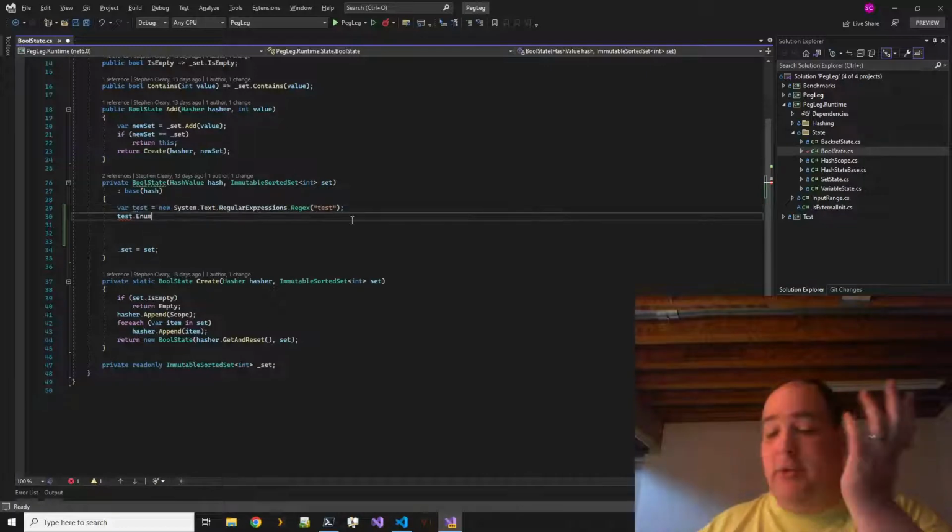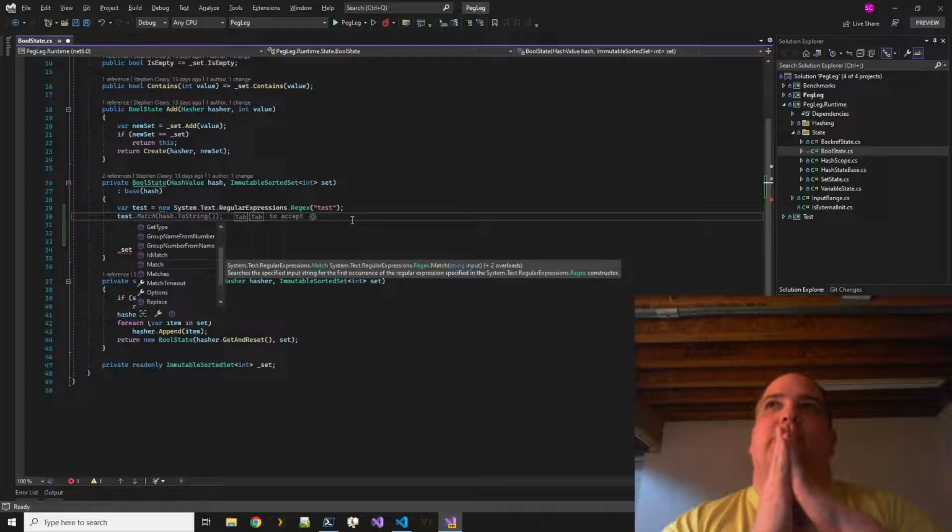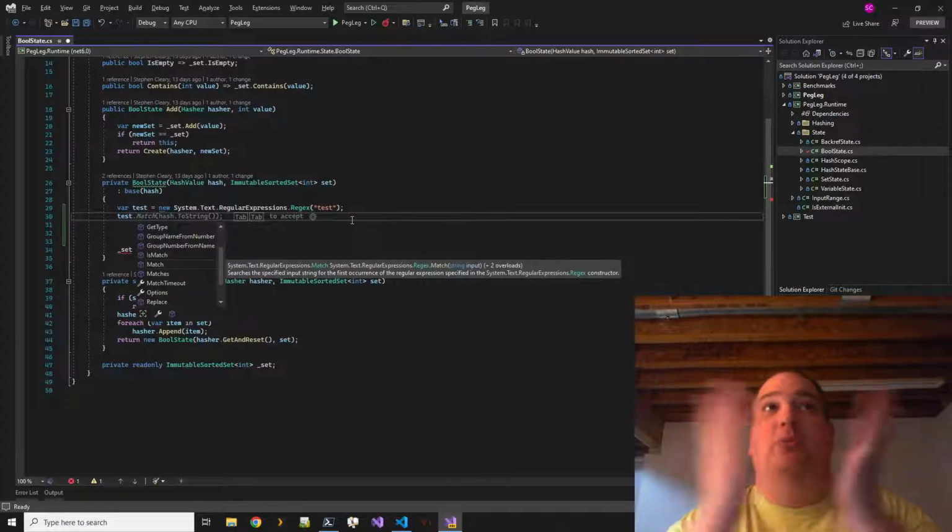So anyway, we don't have memory-based overloads. You can't regex against a memory right now. You actually have to regex against a string, and that's what's annoying about it. So what that means is my input is no longer just a memory, which I want.